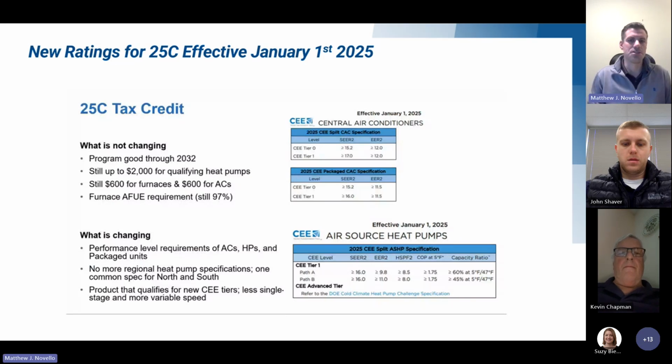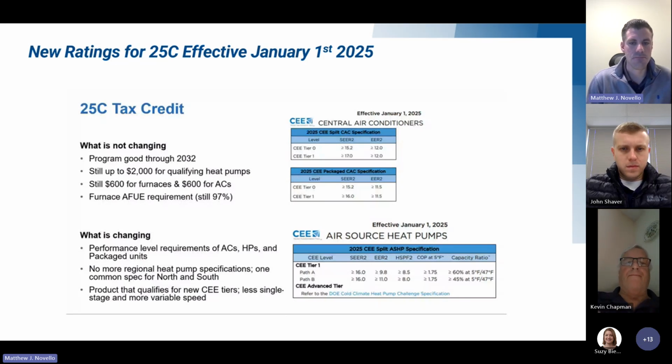Effective January 1st of 2025, we're going to jump around here. This is back to residential. The 25C tax credit that we've been using a lot the past couple of years is still in play, but there is an update. In the past, we had ratings that had to hit the north or the south, depending on where your installation was. If you were above or below the Mason-Dixon line for our footprint, that is going away. There is not a regional standard for heat pumps. Instead, there is a path A and a path B, and as long as you hit one of those paths,